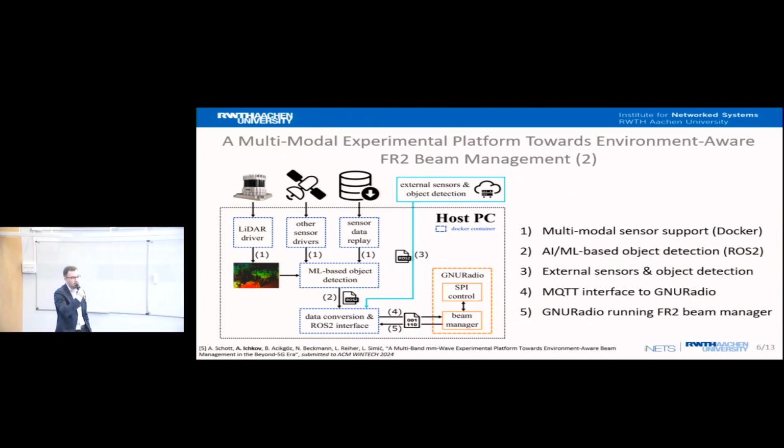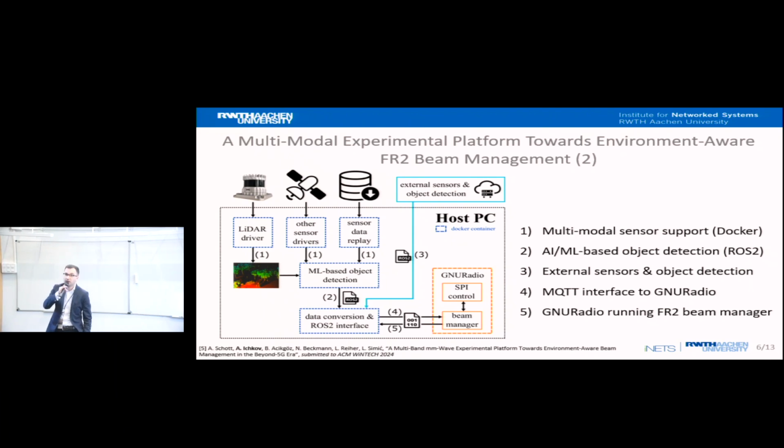Let's look at the scheme, and we start from the top, where you can see that each sensor modality is integrated as its own separate function, which runs in a separate Docker container. We have the LiDAR, the GPS, the camera, everything running in its own Docker container, which then feeds information into our ML-based object detection, depending on which modality you want to use.